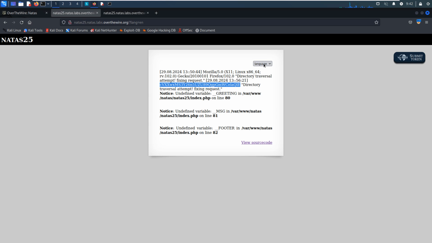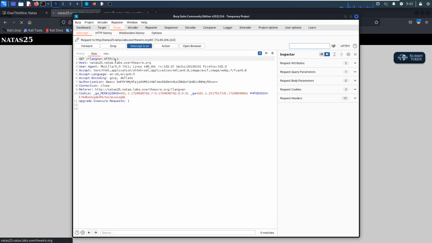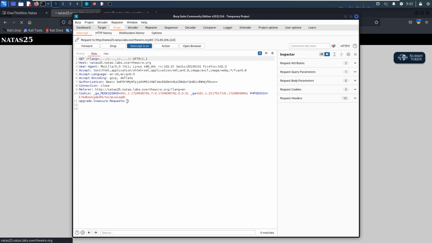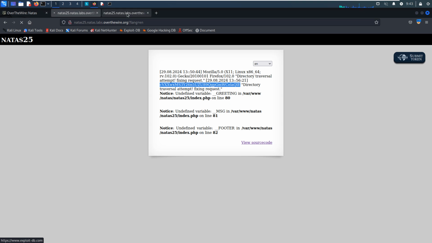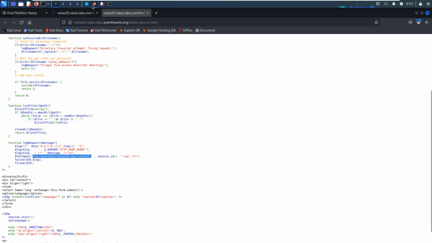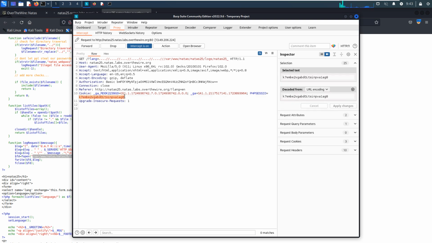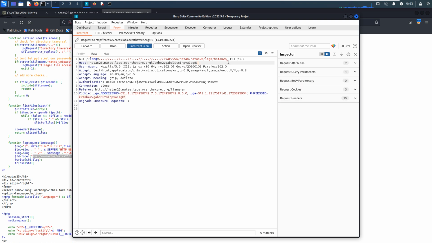Okay, so maybe we can turn on the intercept. We can copy from this side again, which is not complicated, right? We can copy this path and the session ID.